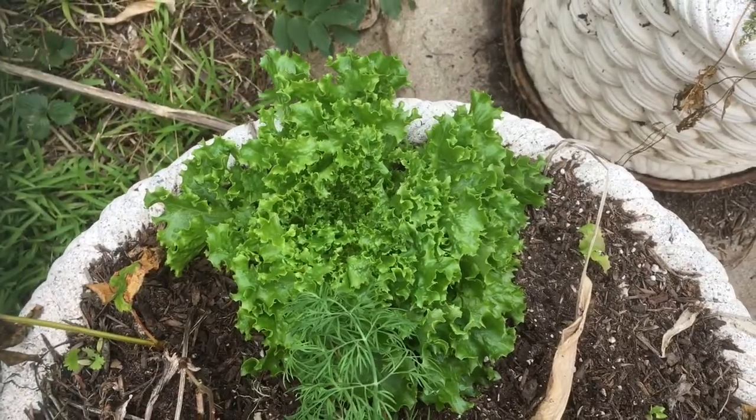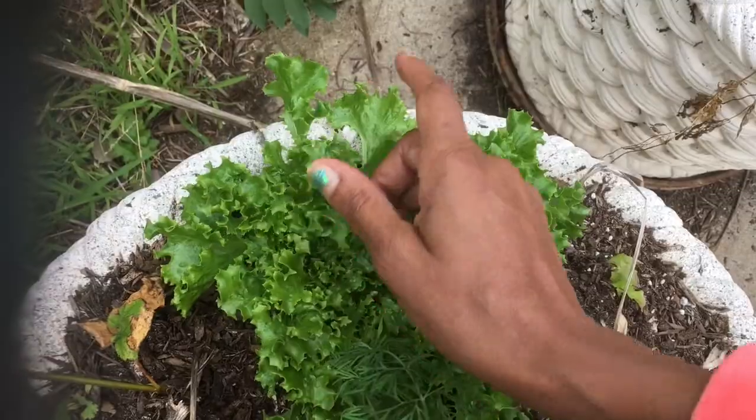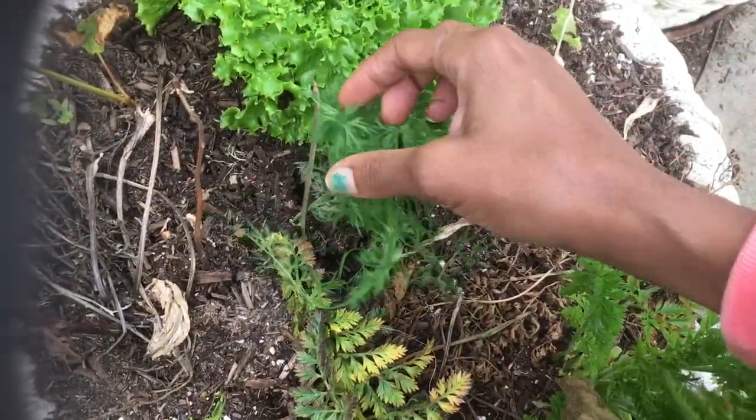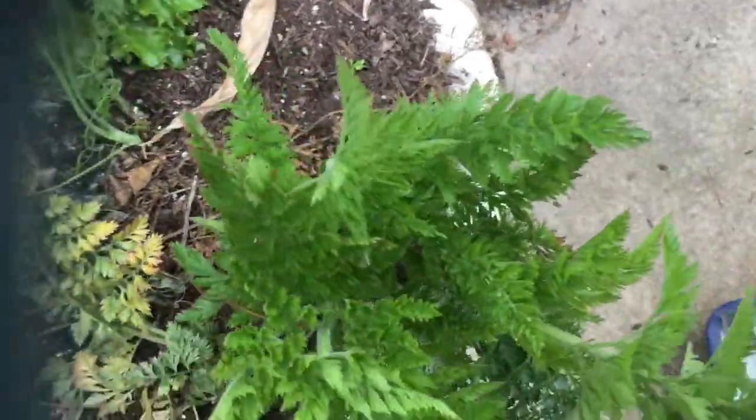But that is not a heading lettuce. It's going to stay like this all the time. I pull my outer leaves and eat my salad. I prick off some of my dill and put it in there for flavoring. I use